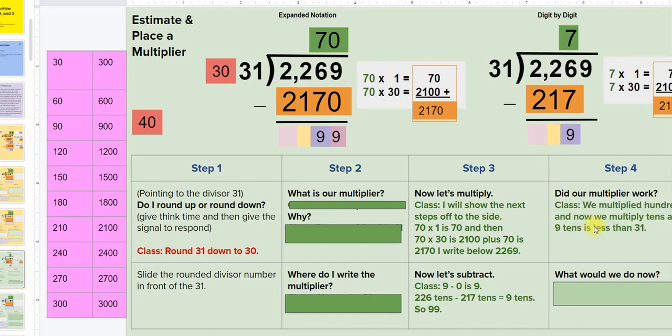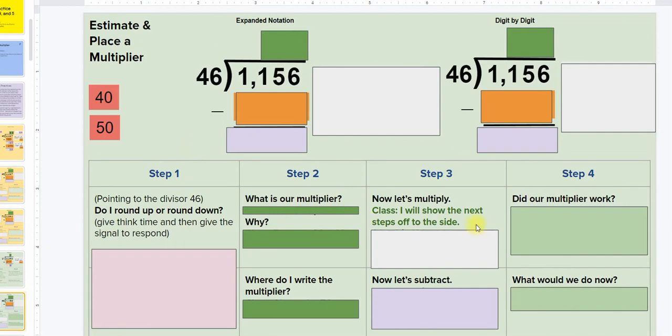Did our multiplier work? And the class should say yes, because our multiplier was 70 and our product was less than the total that we had. What would we do now? Class would say we would find the next multiplier. But you can see as I go to the next slide, I can just repeat this over and over and over again. I could insert a new table, so I have all my facts there if I need them,